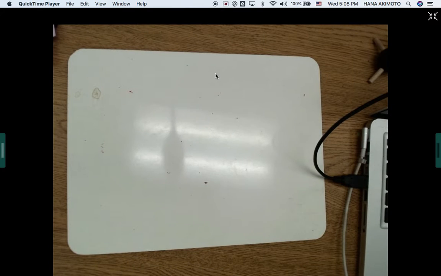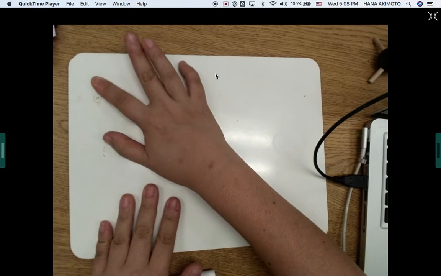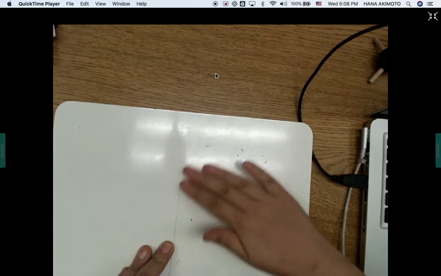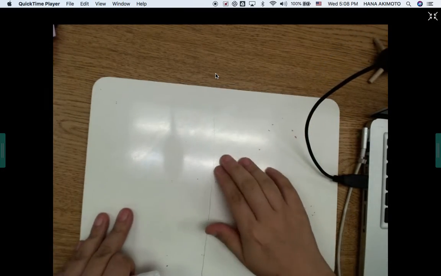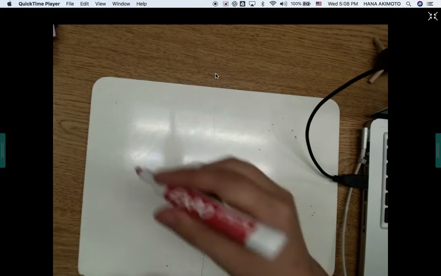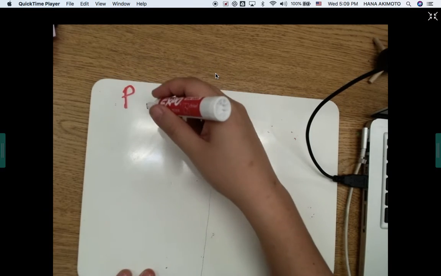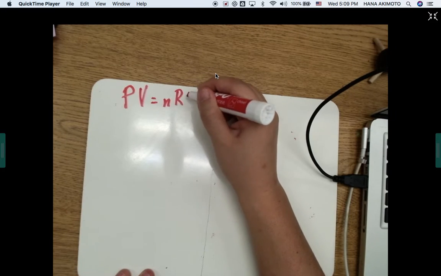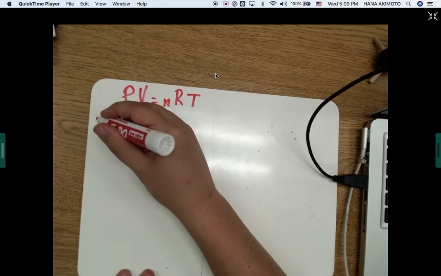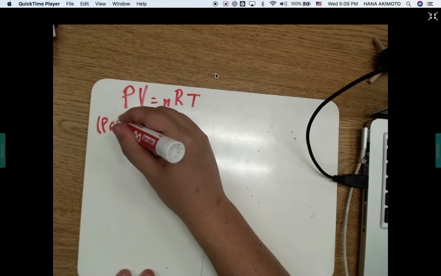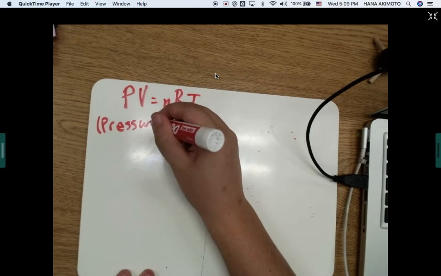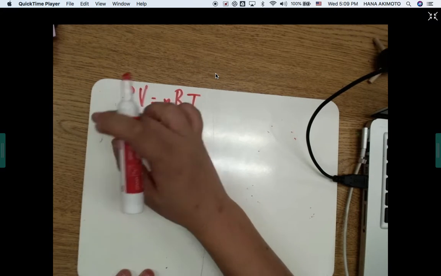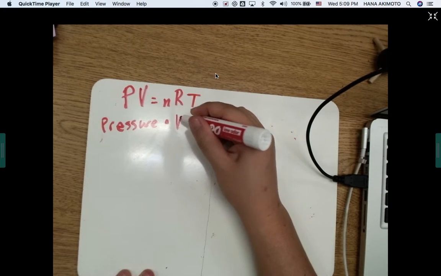So now we're going to do the calculations for ideal gas law. So ideal gas law is going to be PV equals nRT. Your P is going to be pressure. Pressure times volume